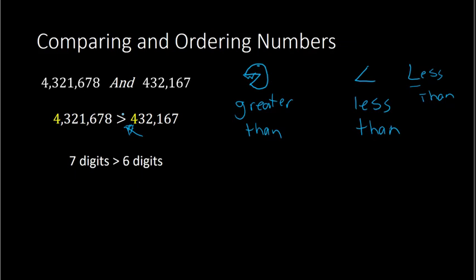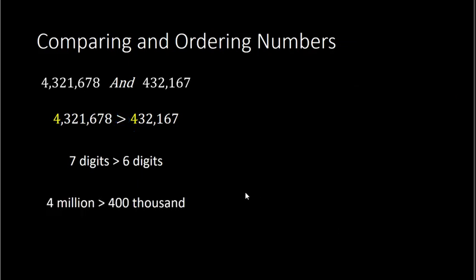All right, so that's another reason why this mouth right here for the greater than sign is facing to the left, because that number on the left is bigger. And again, as we stated, 4 million is bigger than 400,000. So therefore, again, the number on the left is bigger than the one on the right. Next, we have another example where we have